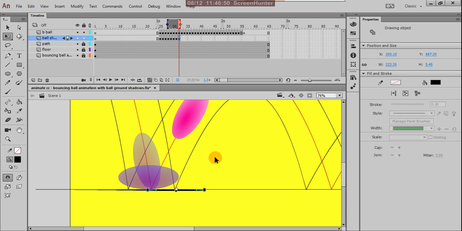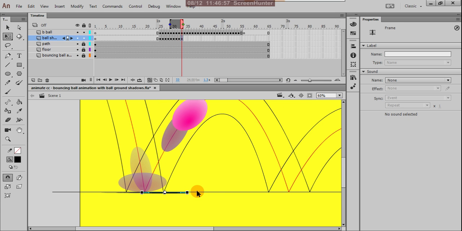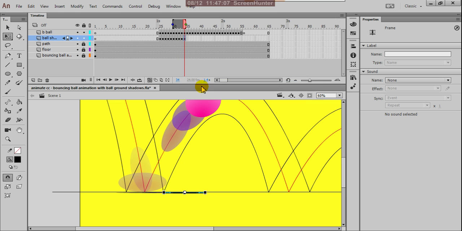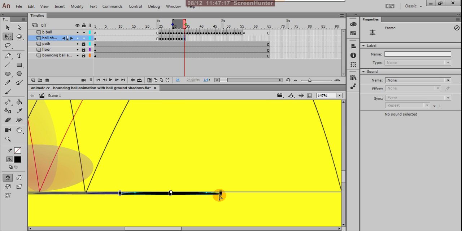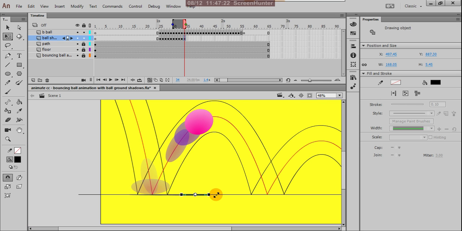Okay, right, and here insert keyframe and move right, it's smaller, and again insert keyframe, so move right, because under this ball your shadow must be. Okay, that is very important.